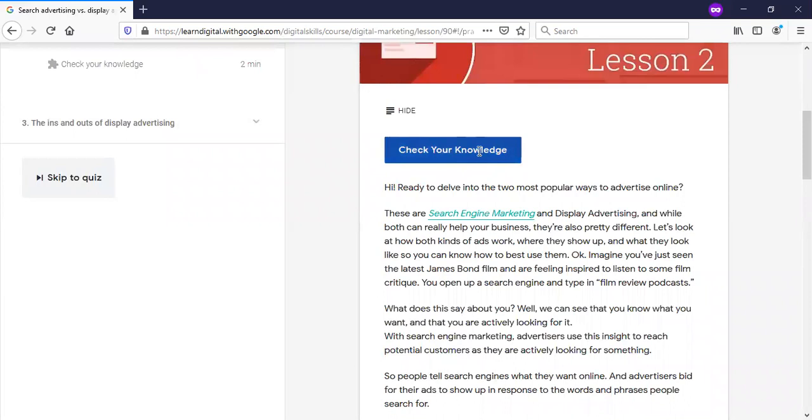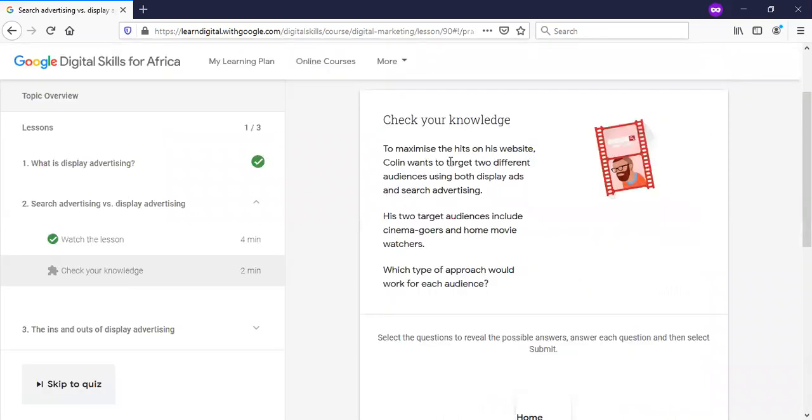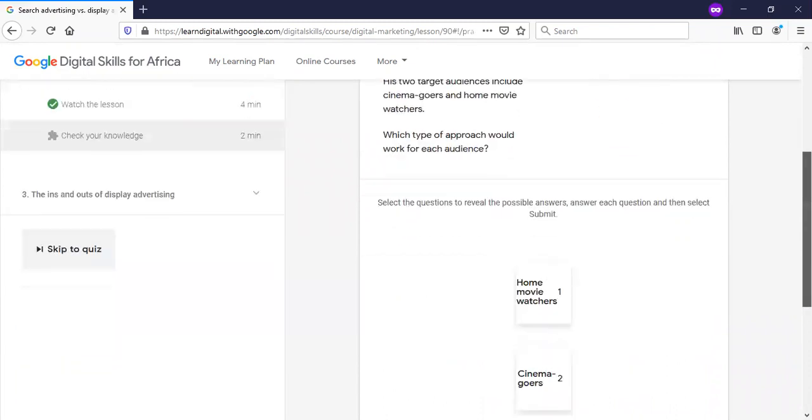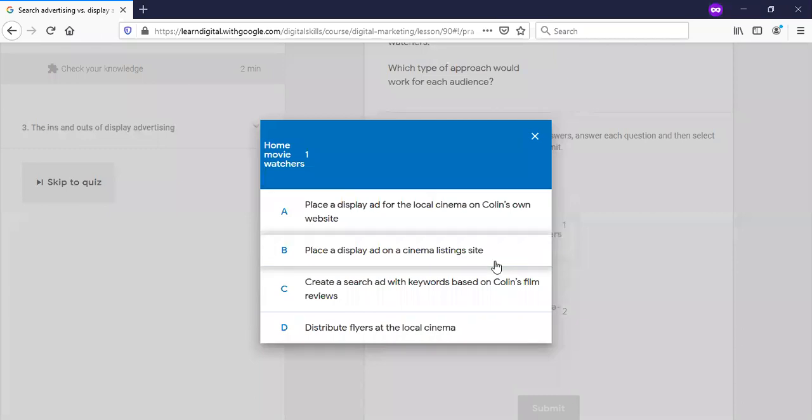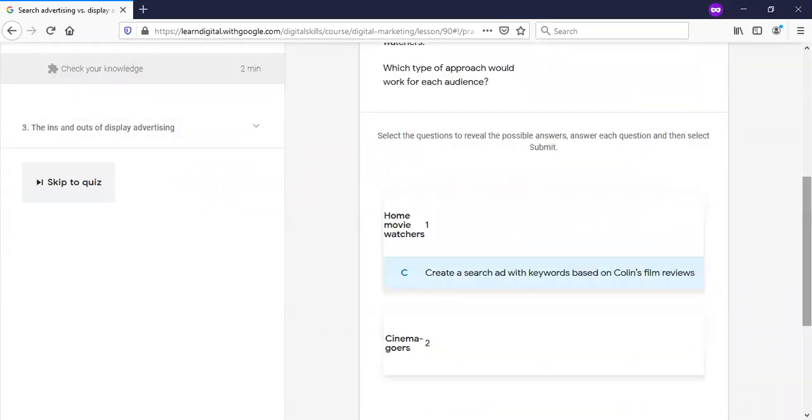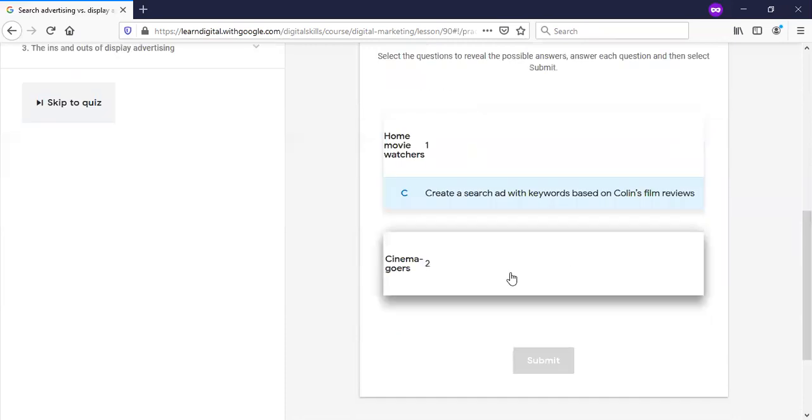Check your knowledge for lesson 2. To maximize the hits on a site, Colin wants to target two different audiences using both display ads and search advertising. His two target audiences include cinema goers and home movie watchers. Which type of approach would work for each audience? For cinema goers,